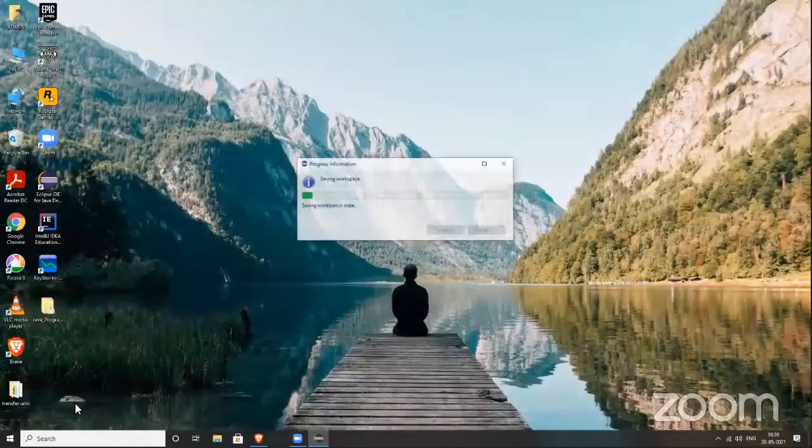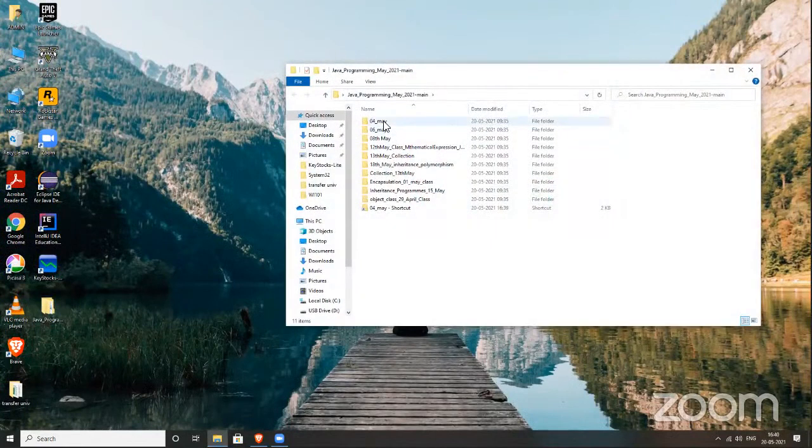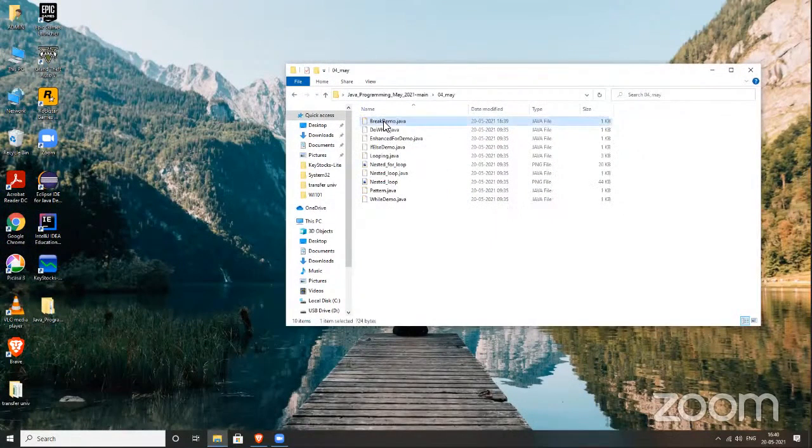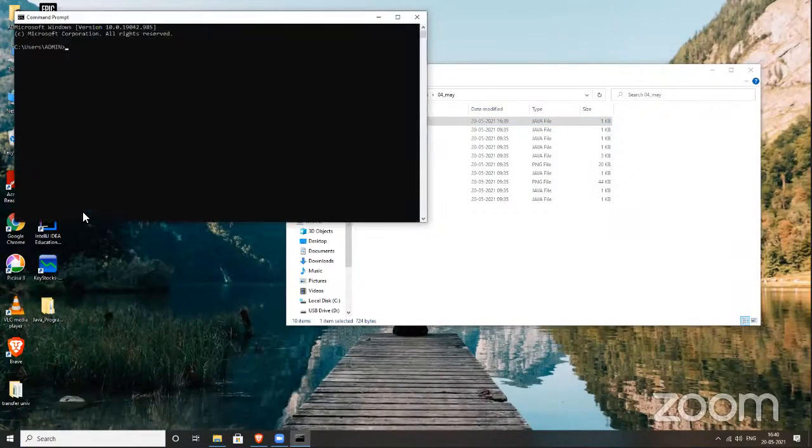Go to the command prompt. Don't worry, I will tell you. Type cd, for change directory, then a space, and paste the whole path.